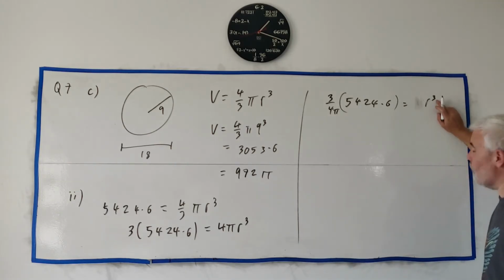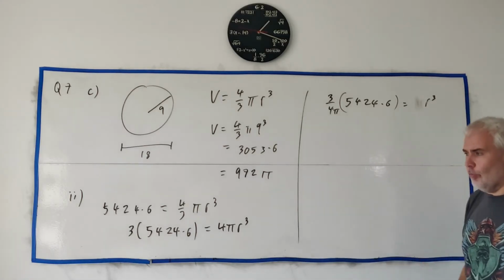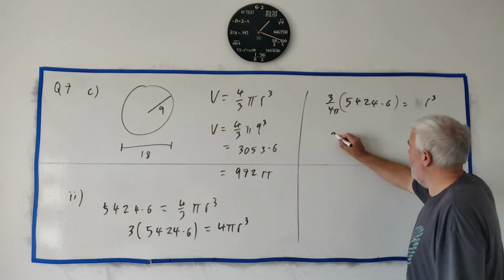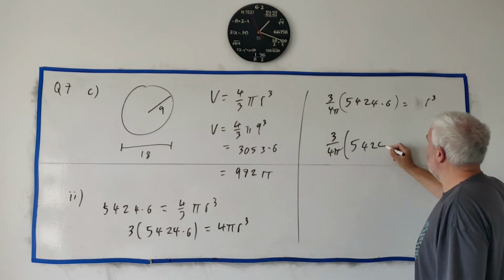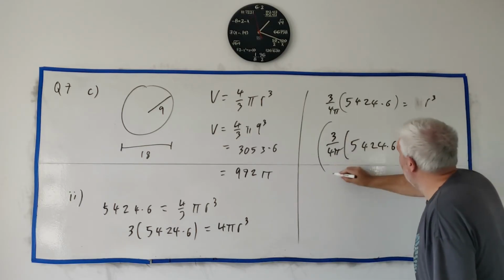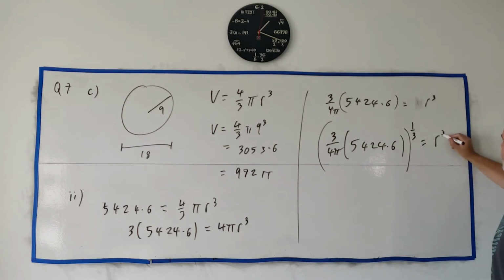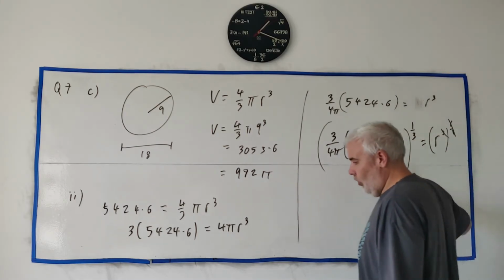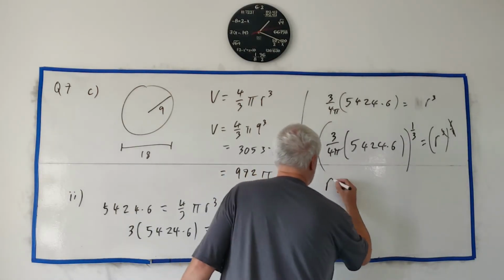The next thing to do is to get rid of this 3. That's a little harder. How do we get rid of a cube? We take a cube root of both sides. Let's write it one more time down here, times 5,000. We take all of this to the power of 1 over 3. And this side we take to the power of 1 over 3. That destroys itself and leaves just r on its own. You can now put all of this into your calculator and you will get, let's see, you'll get r is